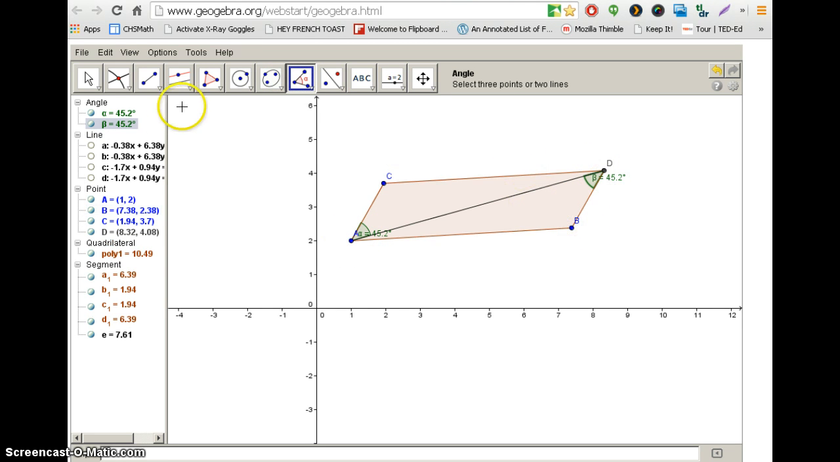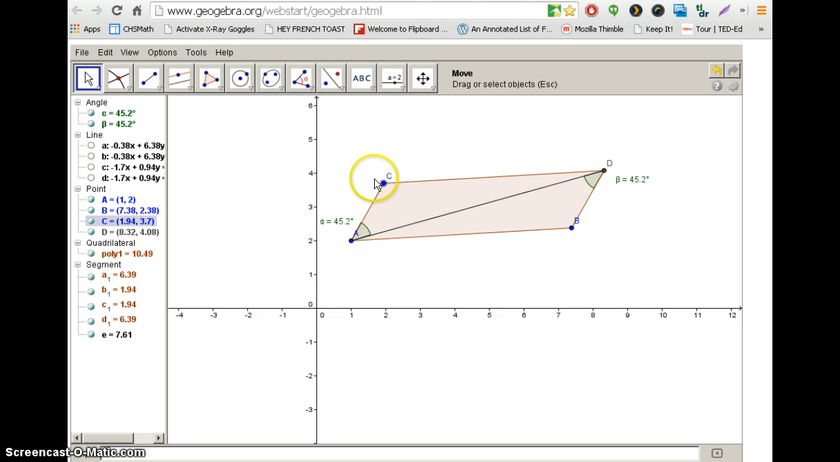We have the same exact measures of those angles at all times. We see this measures 45.2 and that measures 45.2. That's good news, right? And so we know these two angles are congruent. And what about